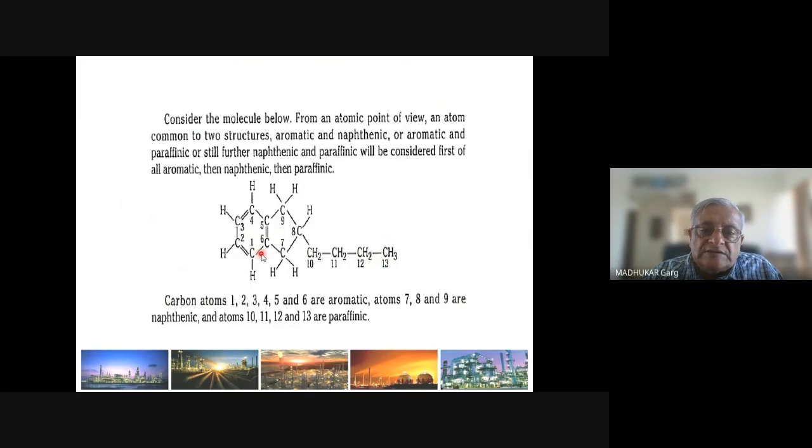Now, if you look at it for lube oil production, this is a very valuable molecule because it has only one benzene ring, but the rest of it is saturates. Since the first ring is a benzene ring, we call this an aromatic molecule, but it is less aromatic, more saturate in terms of the carbon number,